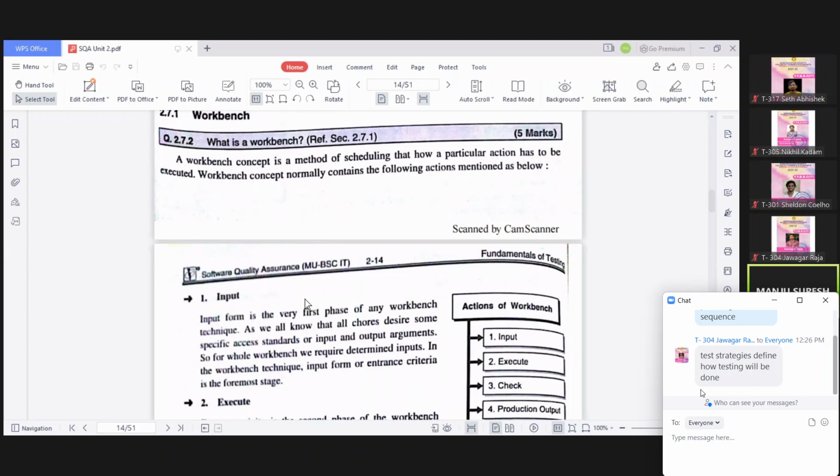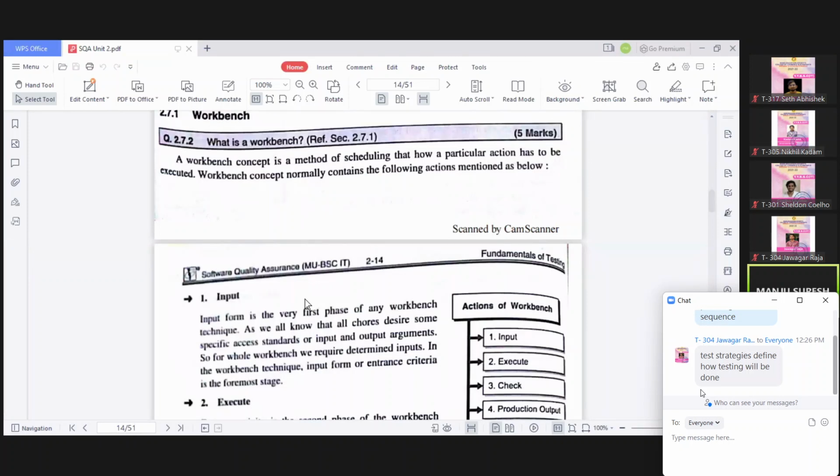Documenting, understand this, how a specific activity has to be performed. So here the workbench can be referred to as the phases you are involving, the steps you are involving, or the tasks, a set of tasks.